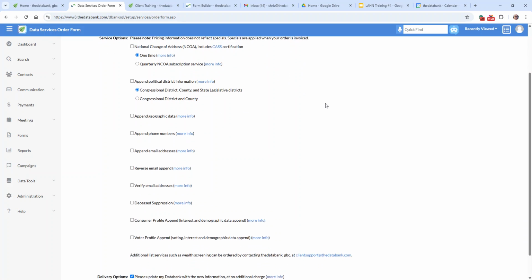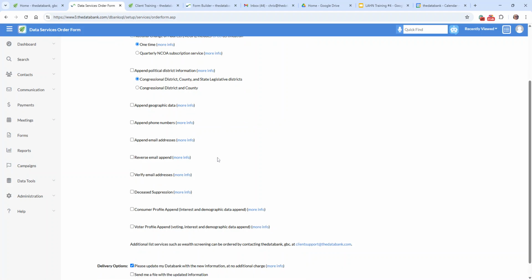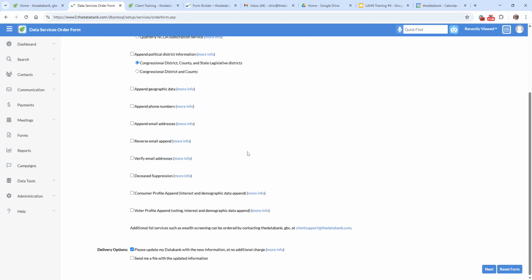We can append political districts. Well, you can read through all of these, some of the things that we can do. For instance, we do email appends and phone appends all the time for clients. We do email verification processes, which, if you have a large email list and you're doing regular emails out, probably